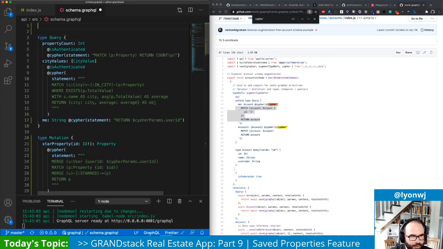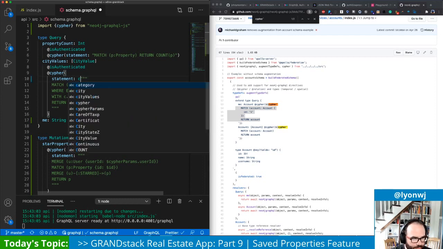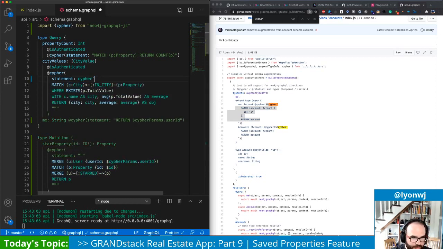So this won't quite work because I'm in a schema.graphql file, not a JavaScript file. But if you did something like import Cypher from neo4j-graphql-js, and then here if you used Cypher like that,